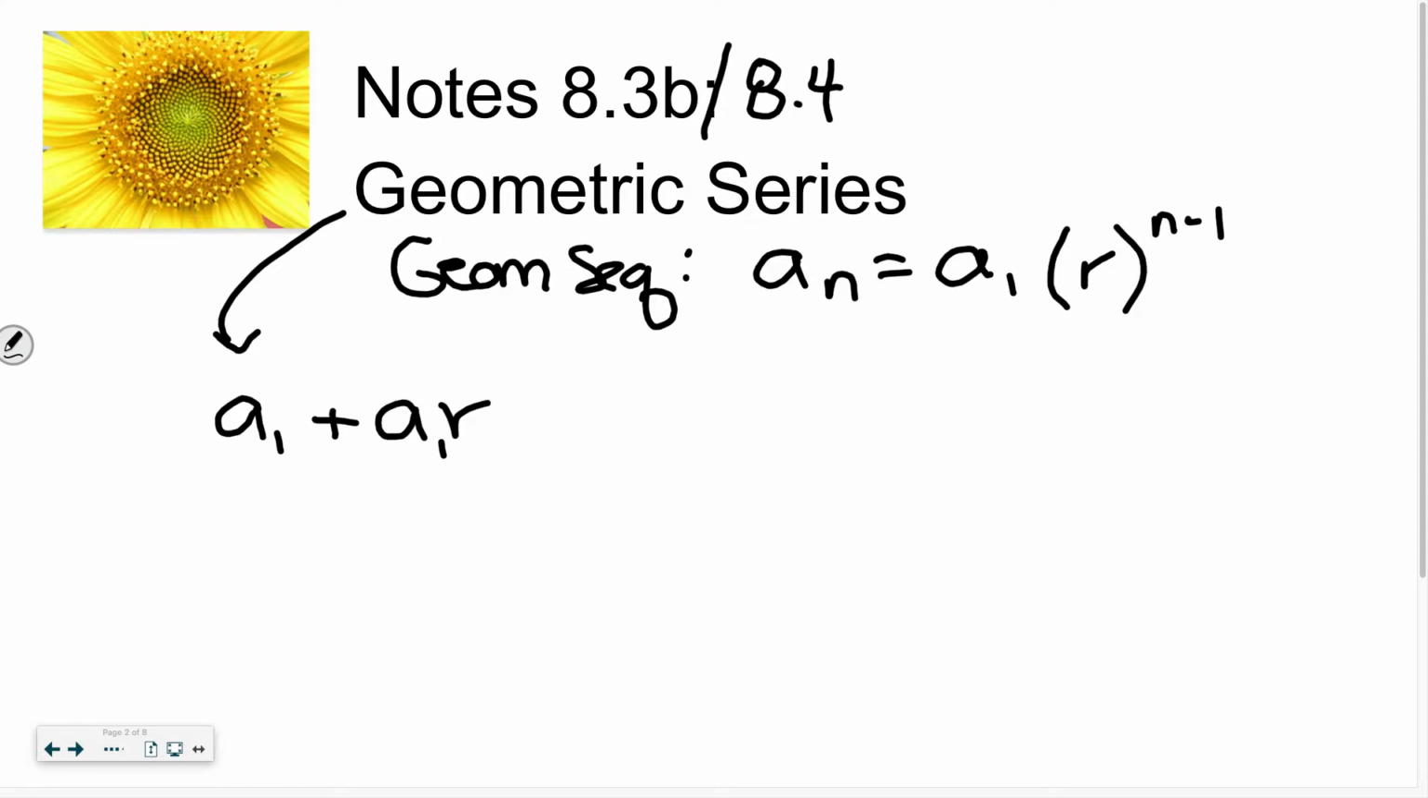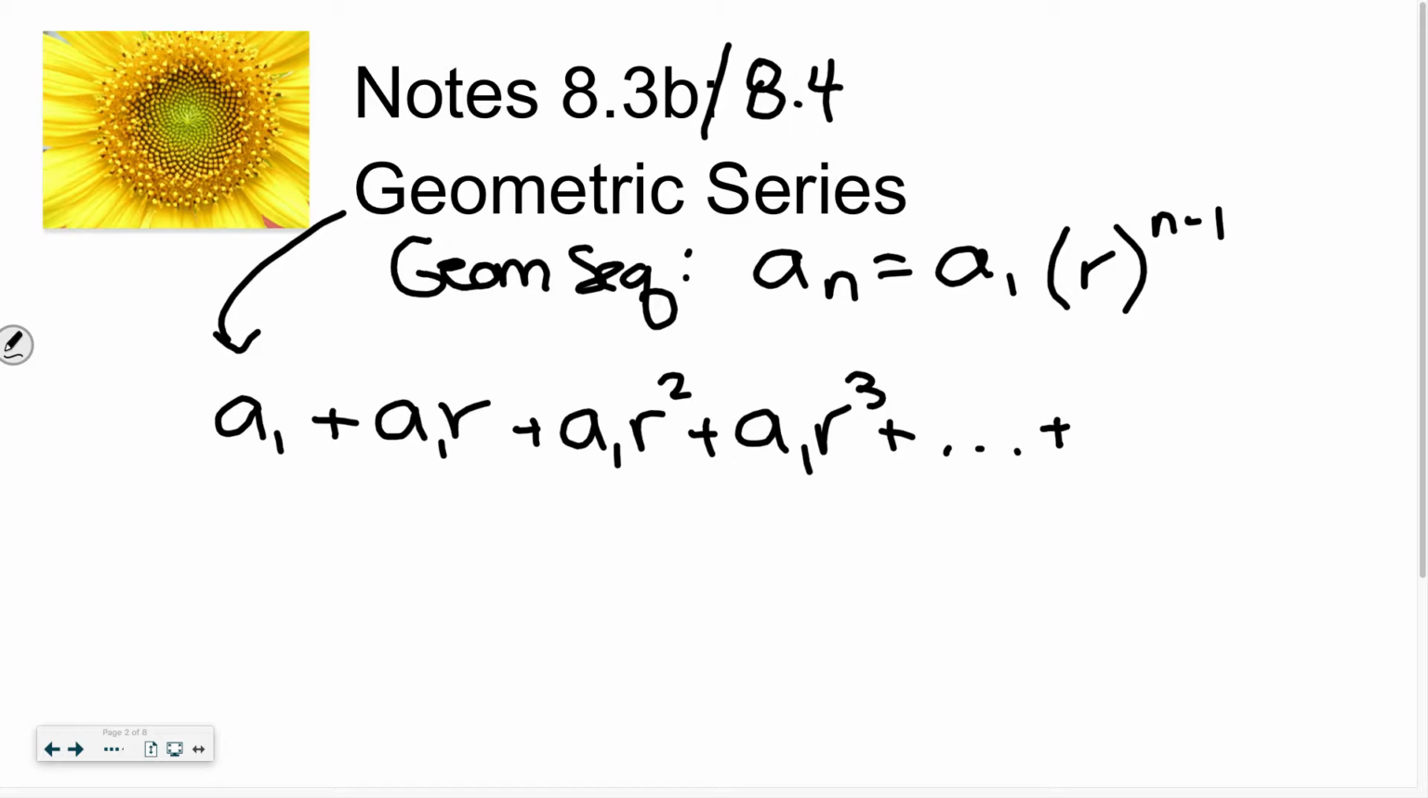That's the second term. And the third term would be a sub 1 times r squared. And the fourth term would be a sub 1 r cubed. And then I'm just going to do a plus dot dot dot. That pattern continues, right? I just add another r because I've got to multiply by another ratio. Now, this is where it gets a little bit tricky to think about. When I get to the end of my series, let's say this is a finite series,